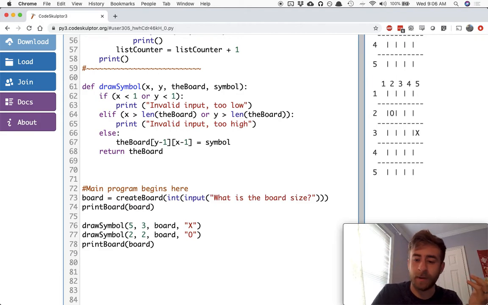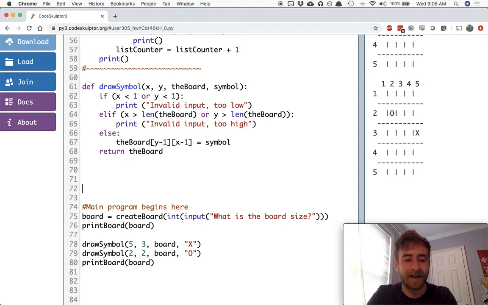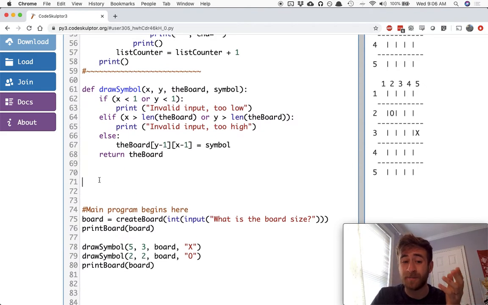Oh, whatever. Let's just do it. Actually, I think I'm pretty excited. So here was my main program down here. But actually what I'm going to do is make a whole new function that will just draw a full chessboard for us. So instead of doing it in the main program where I create the board there and ask them for the size and then ask them to place the pieces, we're just going to make a def